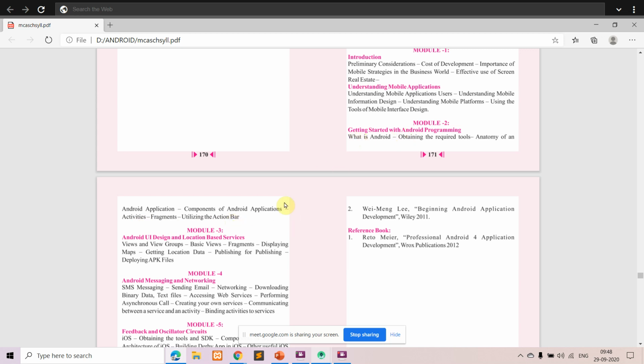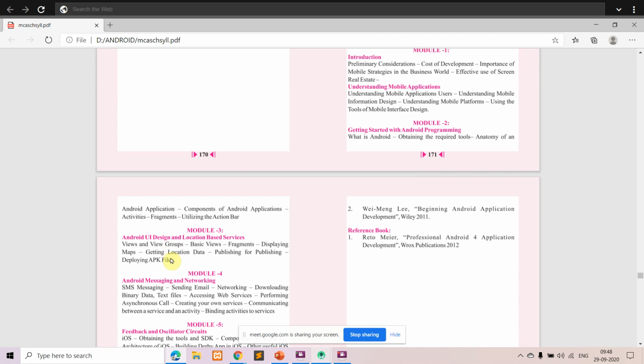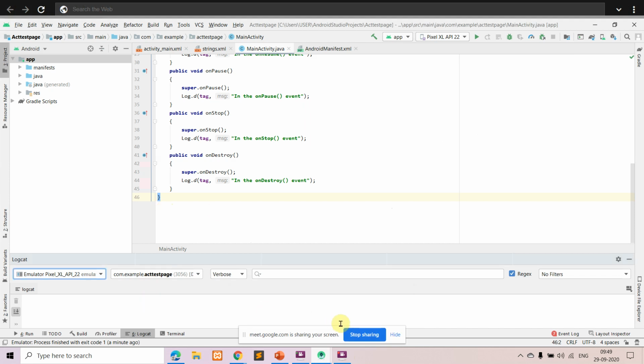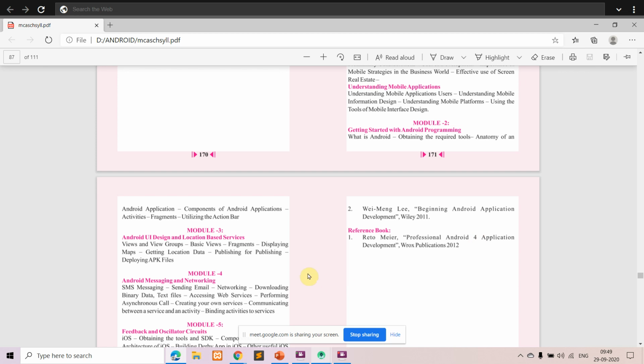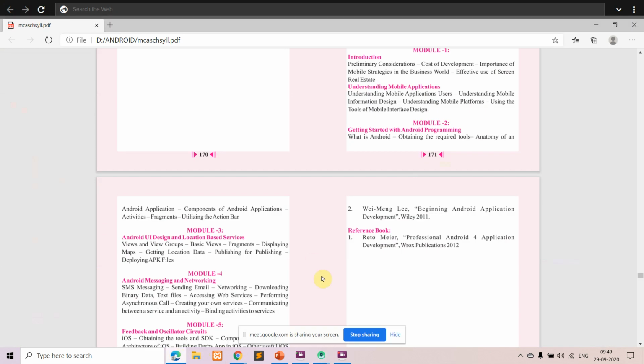So with this, we are done with the second module. In the next session, we will move on with the third module where we'll be seeing more about fragments and views. Even that is a small topic. So side by side, we'll try to start with the lab program. As of now, it was told that it is only the theory part. So we'll see if we're doing the lab session also. But the thing here is, Android Studio is taking a lot of time here. So because of that.